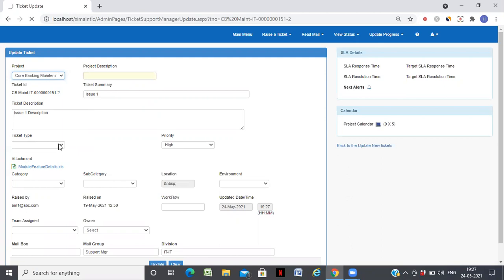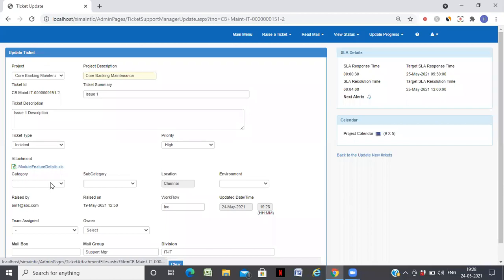Then I can define the various modules, features, assign it to the team and then close it. So I'm just telling it is an incident. You can see I can define the module and feature.